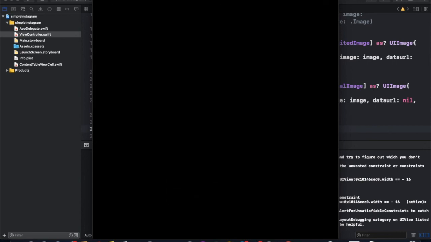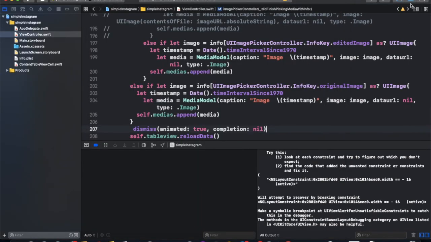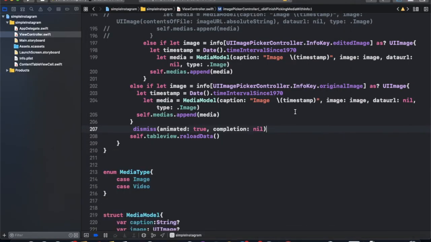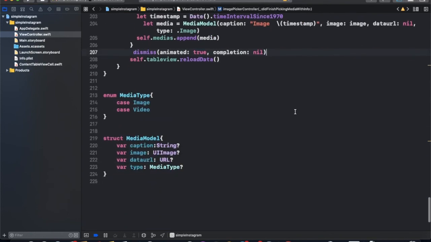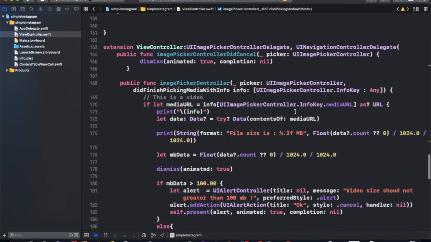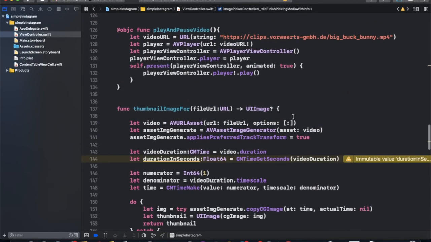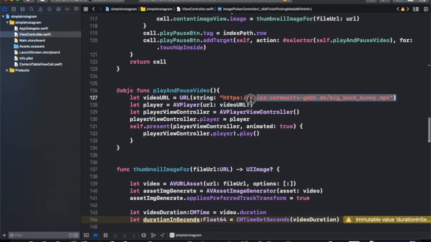Now it will be loading. We need to set this URL from there.